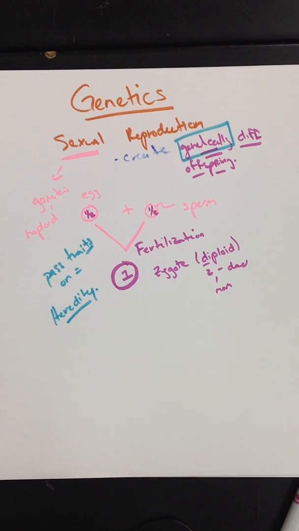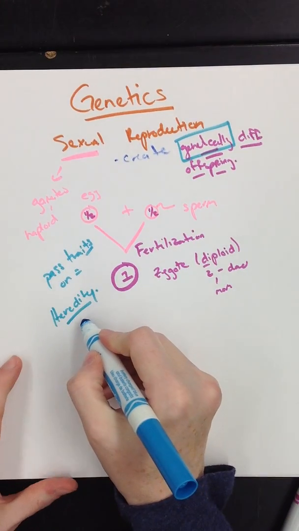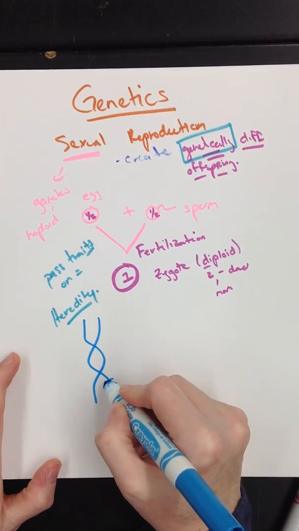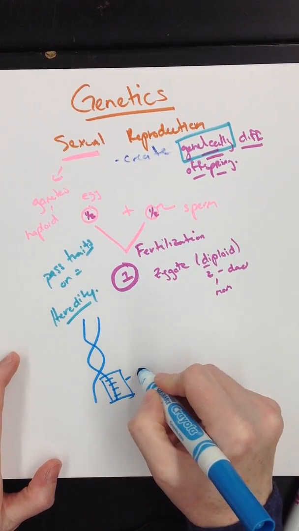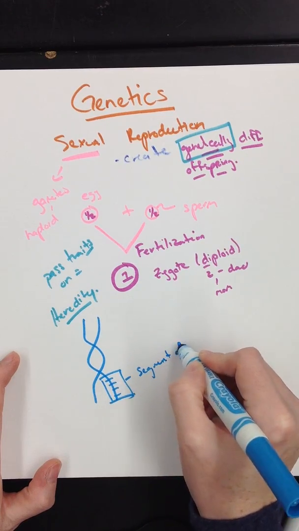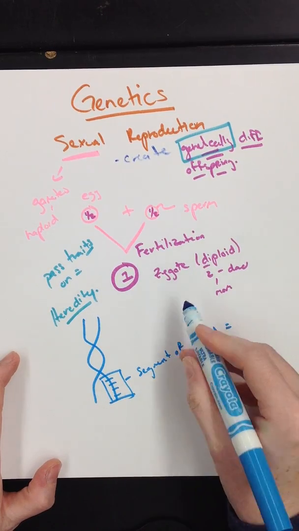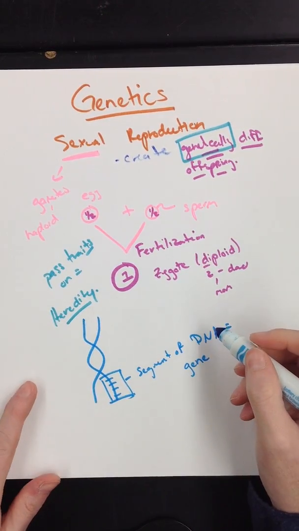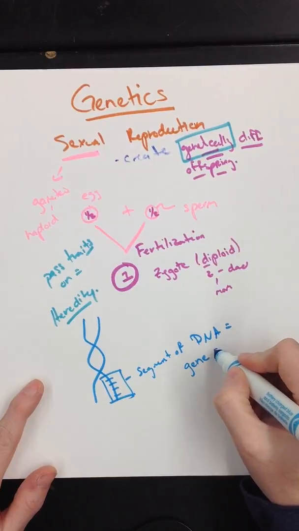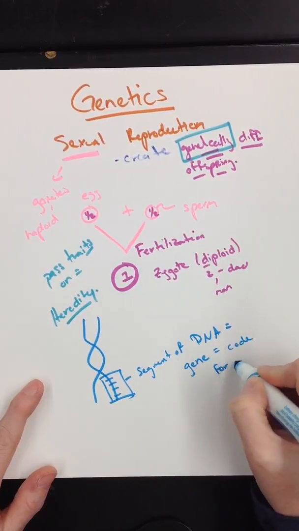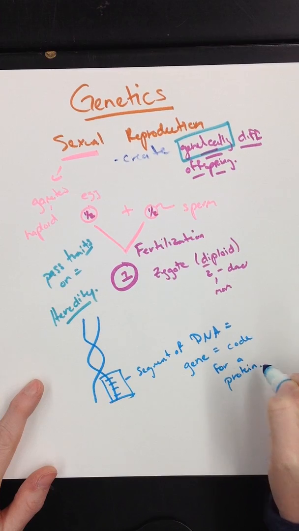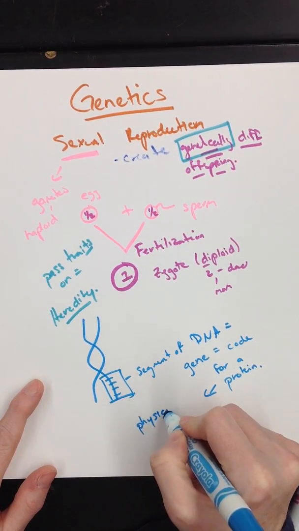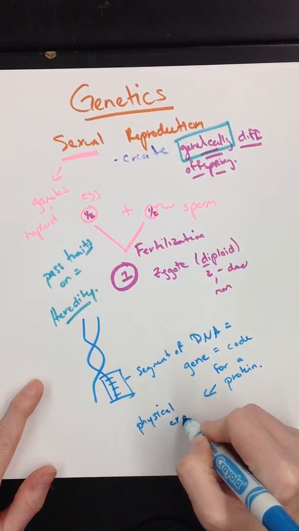So now we can talk a little bit about DNA again. Remember, this is kind of everything. So here's my DNA molecule, and maybe right here is a section of DNA, a segment of DNA. A segment of DNA is called a gene. And what a gene does is code for a protein. And we know my protein is just the physical expression